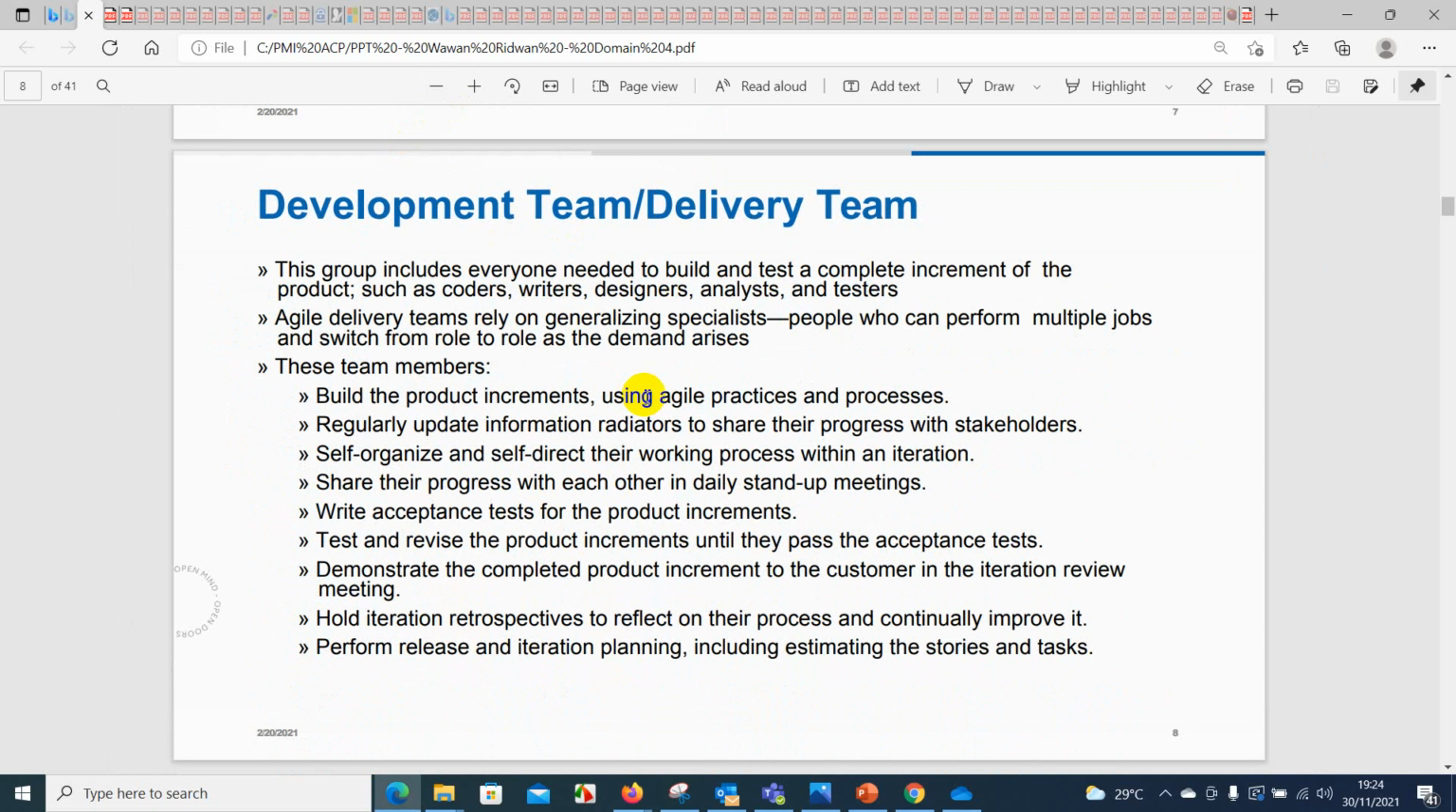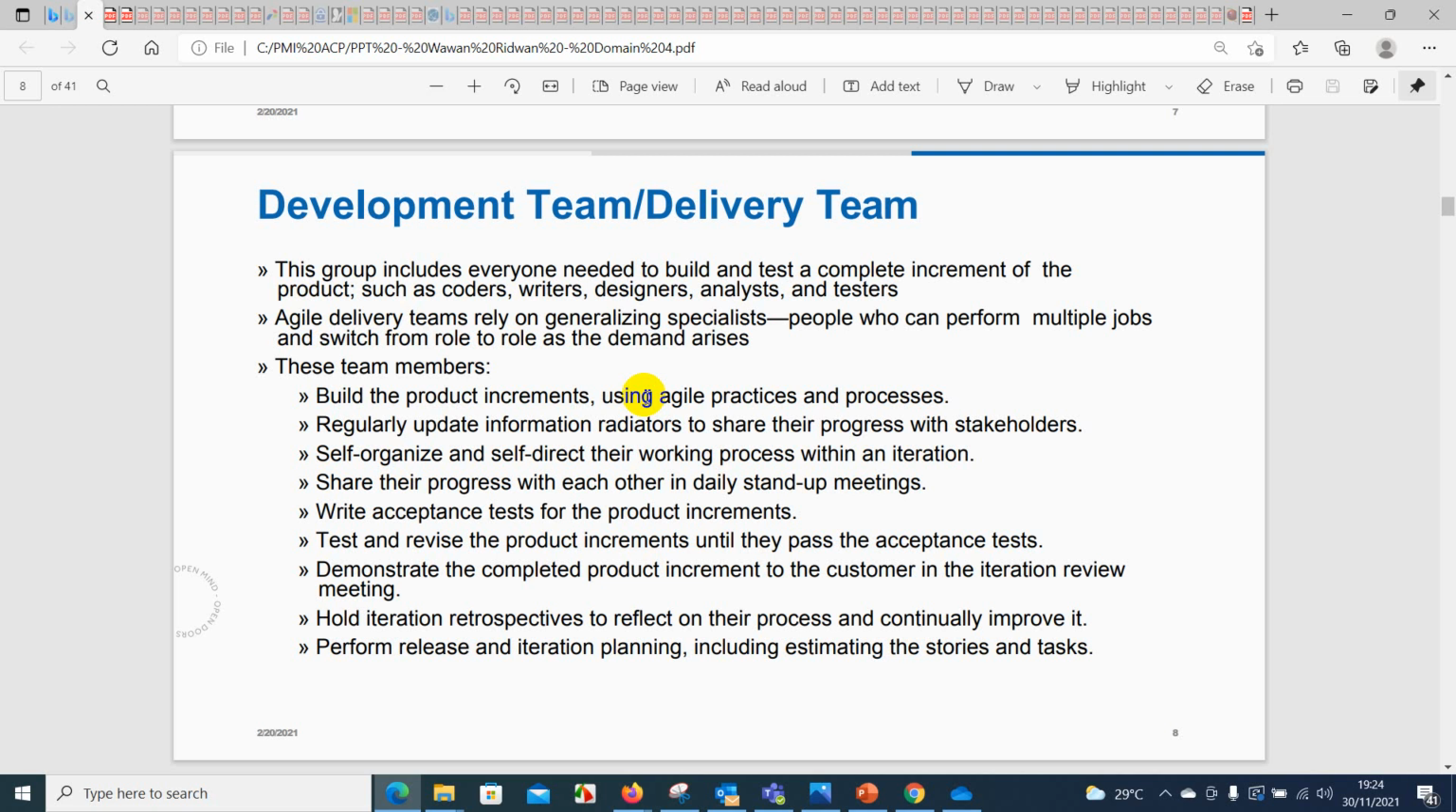Agile delivery teams rely on generalizing specialists, people who can perform multiple jobs and switch from role to role as the demand arises. These team members build the product increment using agile practices and processes. They regularly update information radiators to share their progress with stakeholders, self-organize and self-direct their working process within an iteration, share their progress with each other in daily stand-up meetings,